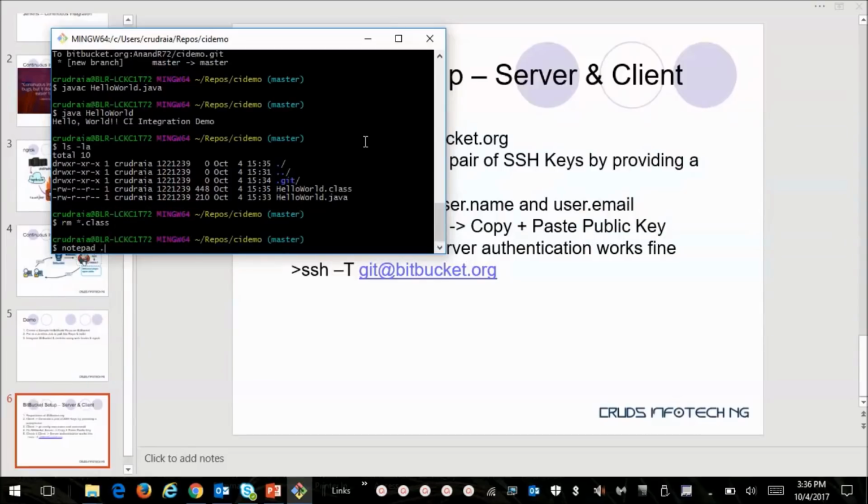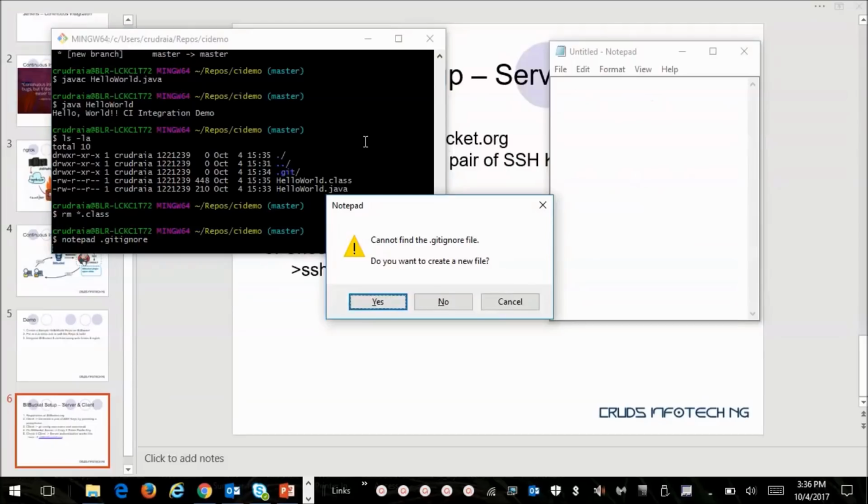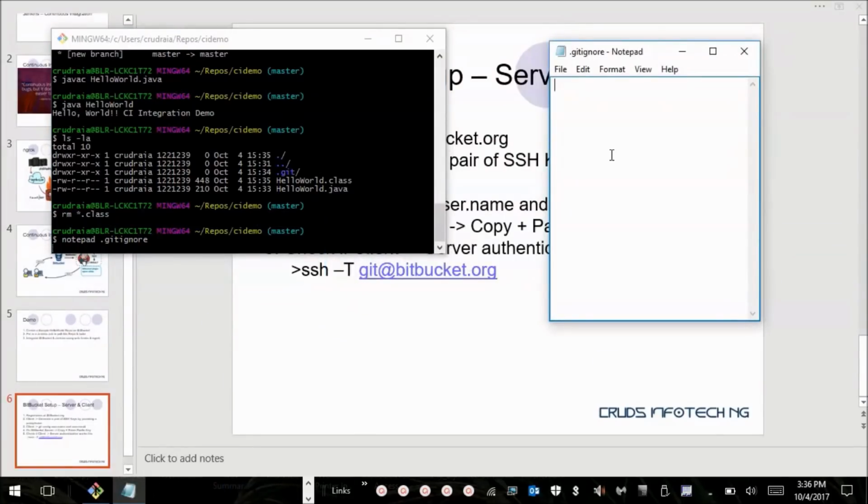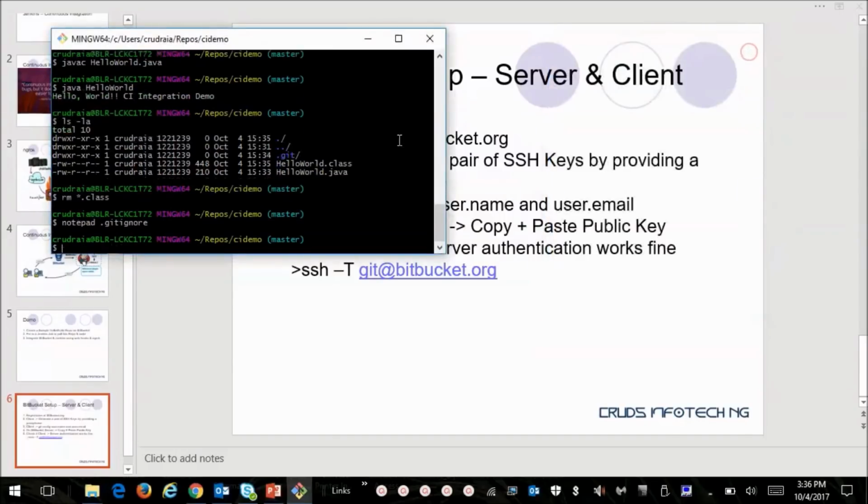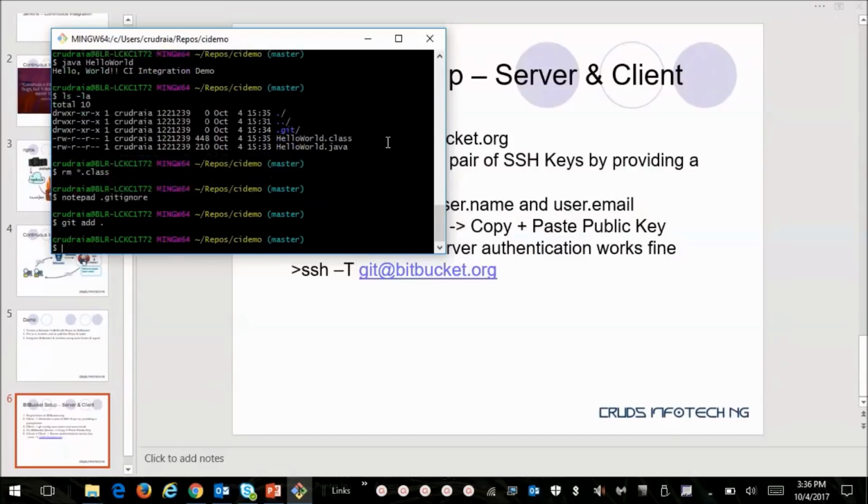So notepad .gitignore. Yes, okay, so this is a file that is created if at all I need to ignore any specific files, directories, or wildcards. So what I do is I don't want any of these .class files in my repository. So I do a *.class, I just save it, and I add this. git commit -am